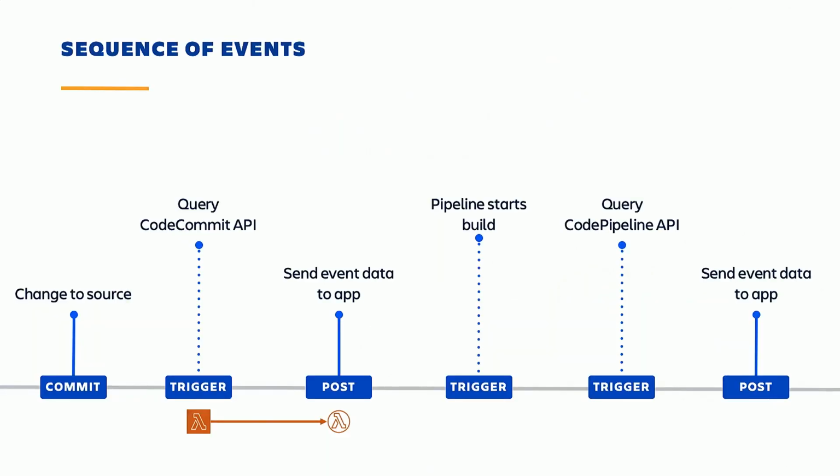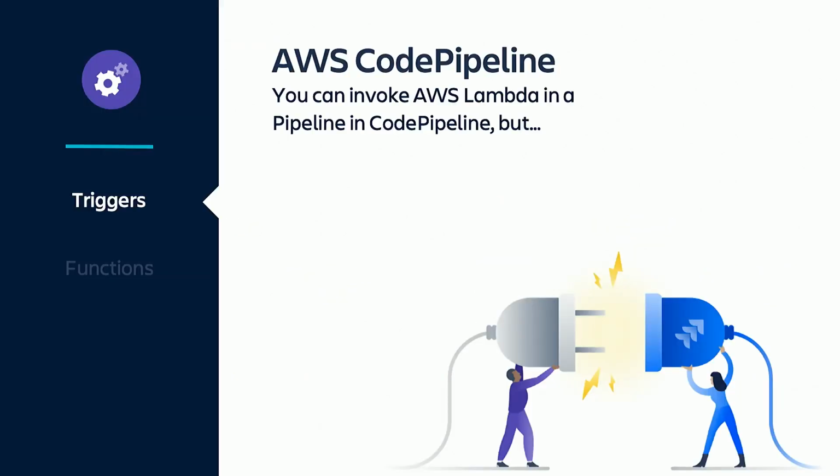So what we're going to do is use a Lambda function that's going to be connected or invoked as part of an event trigger in CodeCommit. This is offered natively in that service. And what we're going to do with that is send data over to the Atlassian Connect app that's running in our environment. Now, with CodePipeline, you can integrate with Lambda within the pipeline and have Lambda functions invoked as stages